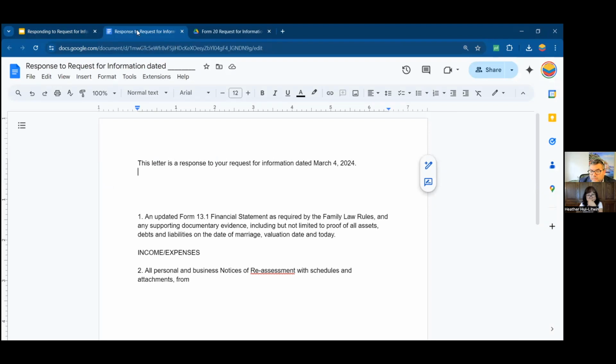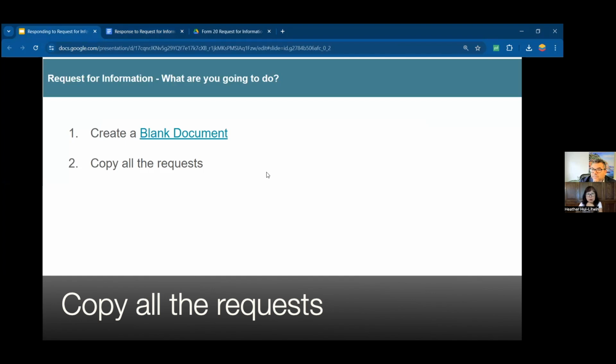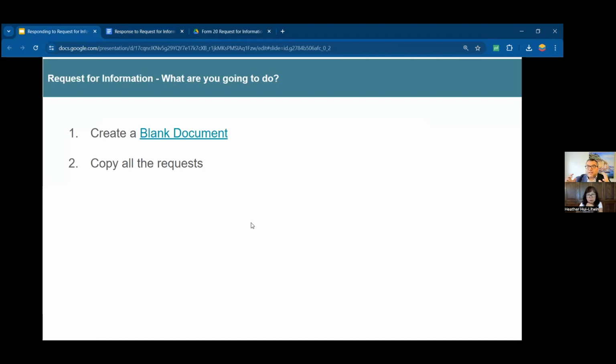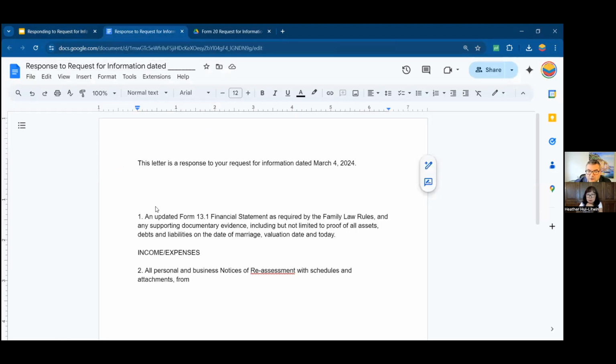And then what you should do is copy all the requests into this blank document. This will save you so much anxiety because you will be able now to, rather than have a piece of paper and have a check mark about what you're preparing, we are setting you up for success to actually respond to each request. And when I say respond, I mean that as broadly as possible, because some of the responses may not be, here's what you're asking for. We're going to talk about responses, but start off by copying all the requests.